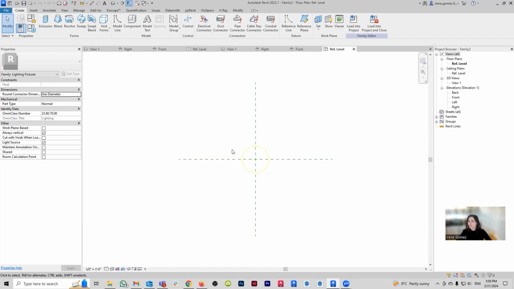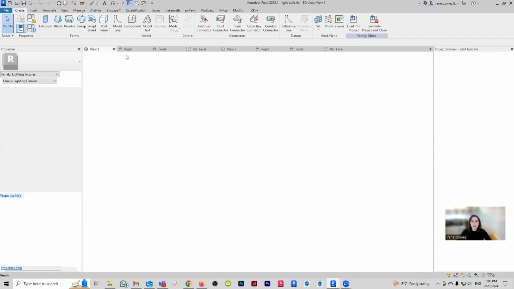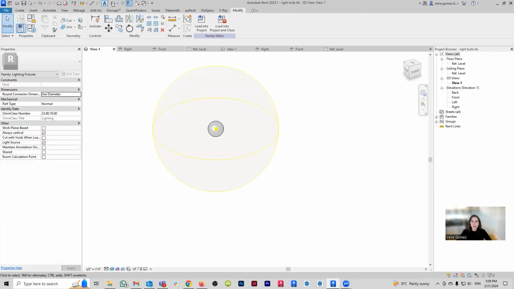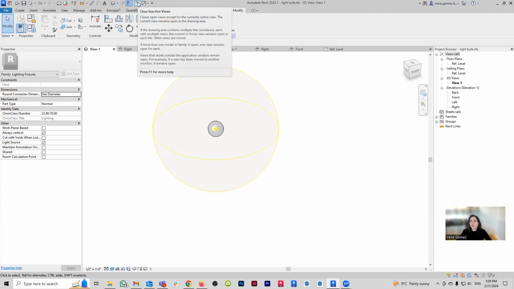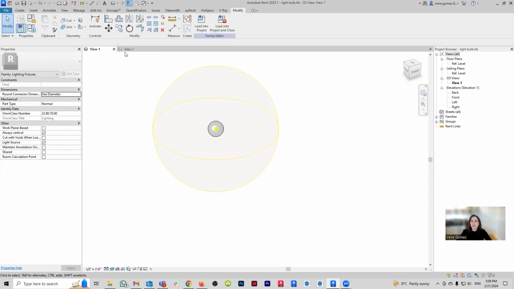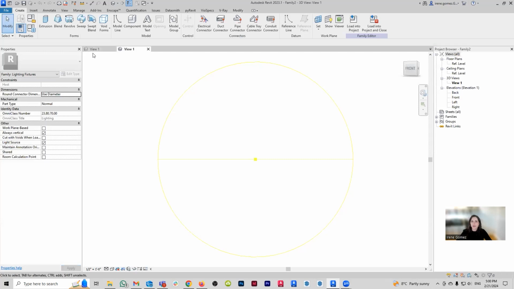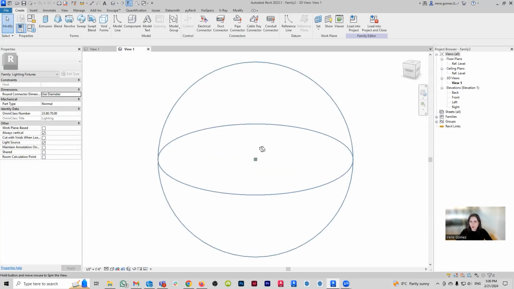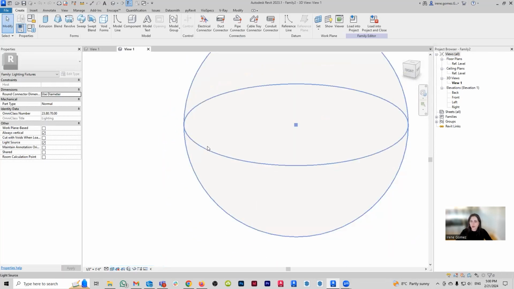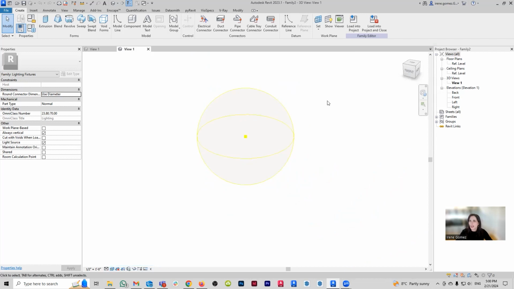Now, again, this is another lighting fixture family. Let me actually, yeah, this gets a little bit confusing. So let me clear out a little bit the number of views. You can do that by going here on the top left and just clicking on close inactive views. This is going to make it so only one view remains. So see, that one was the one for my bulb, and this is the one for my new family. Once again, let's switch to realistic. There is my light source and nothing else.